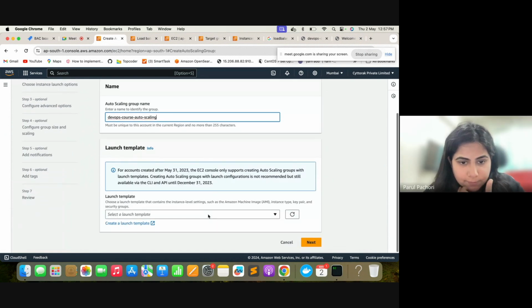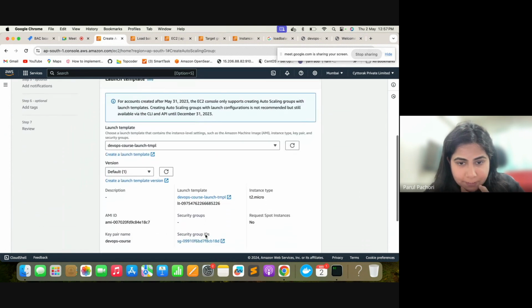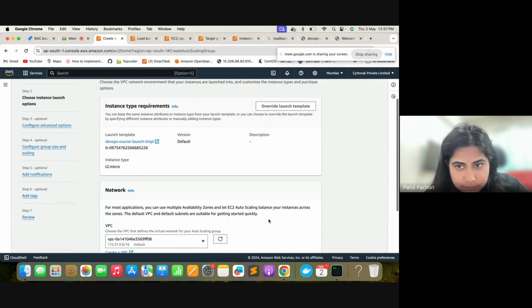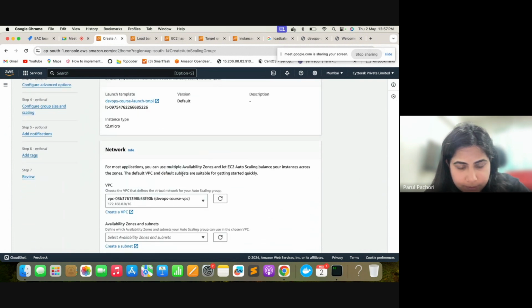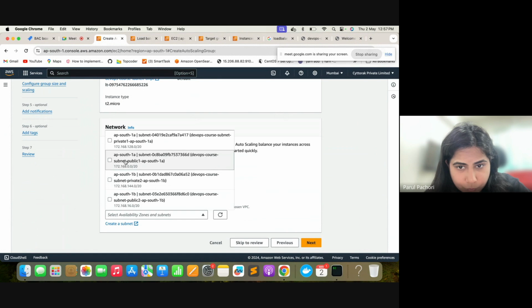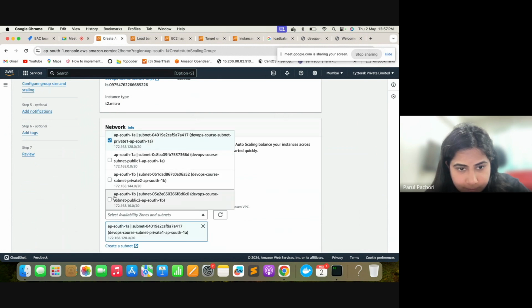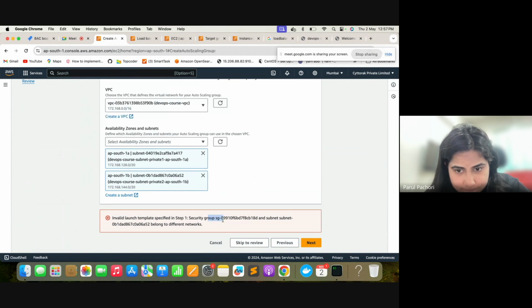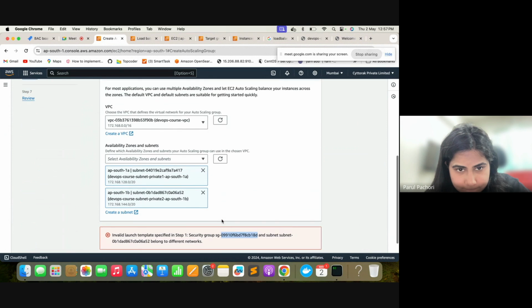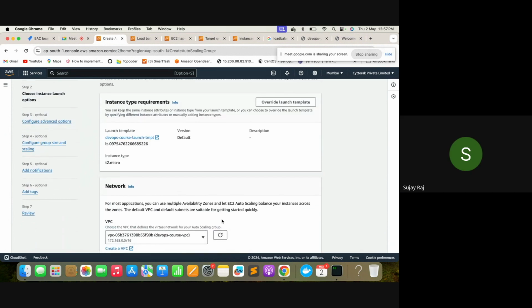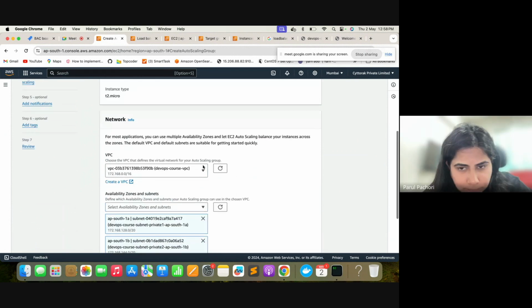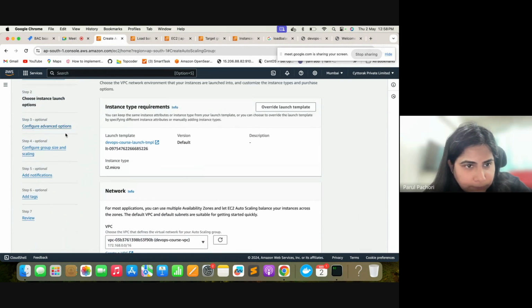So I'm creating an auto scaling group again. I have a template. I'm using this template. Next, override the template. I am creating it in this VPC only. The zones that I'm creating it in are private and private. That's what I'm selecting right now. This security group,